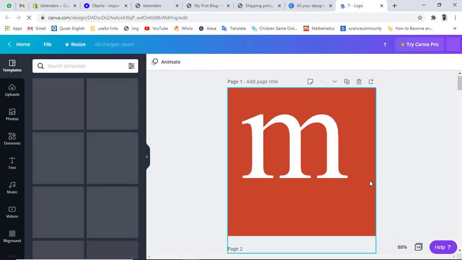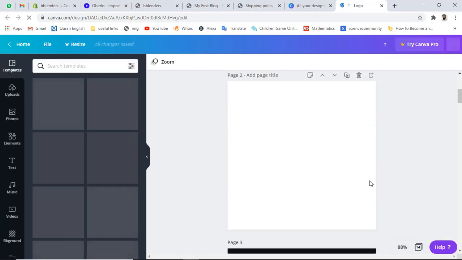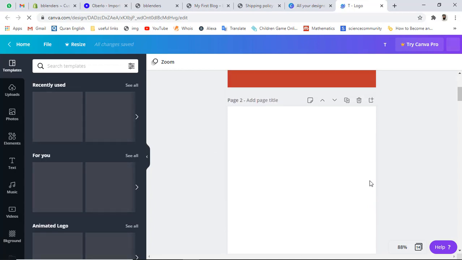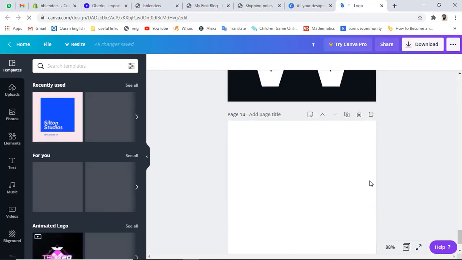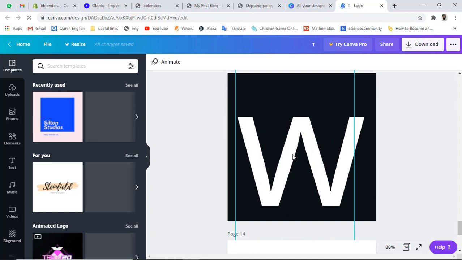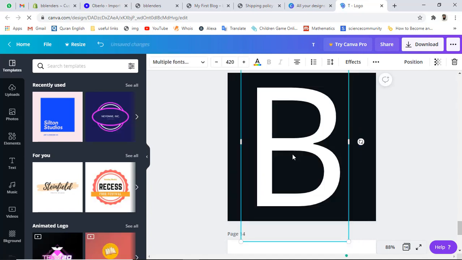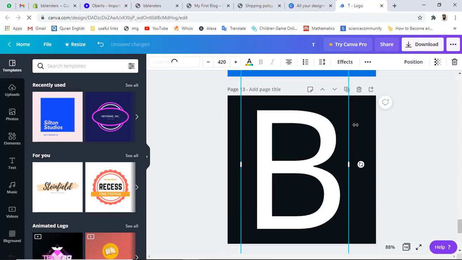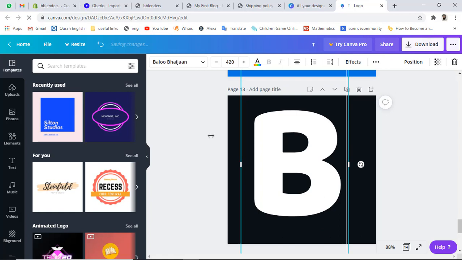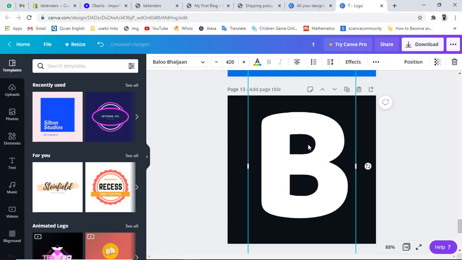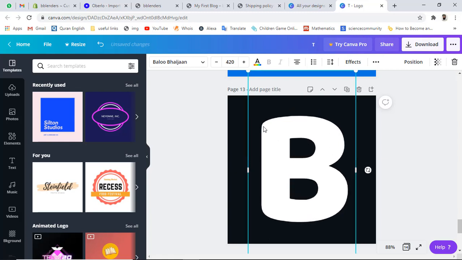Let me scroll a bit down, and here we have this W. Let me change it to a capital B. Since our store name is Best Blenders, B would be suitable. Let me keep it a little to the center, and I have also modified the font family. Let me keep it center aligned, and then let me change its background color.